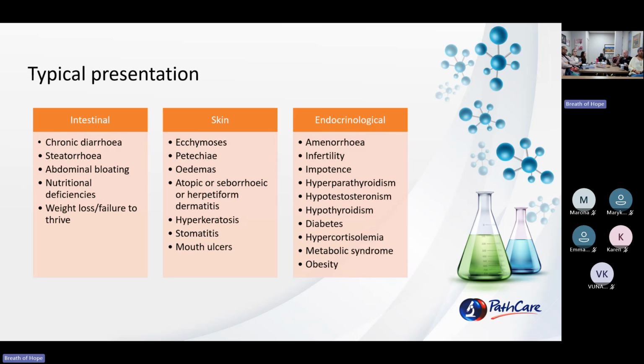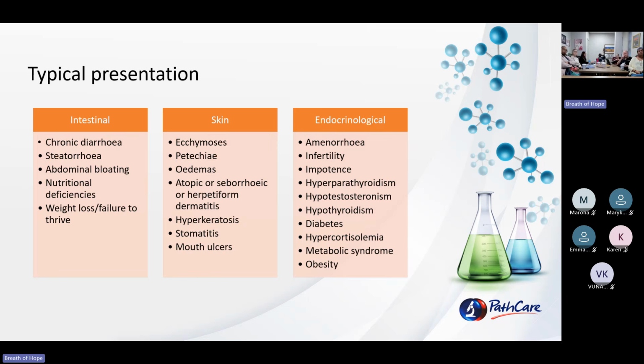Then for skin, you get your edemas, dermatitis herpetiformis, some stomatitis. Endocrine-wise, your infertility, impotence, amenorrhea, hypercortisolemia, all because of your immune system being activated and your nutritional deficiencies, which lead to these